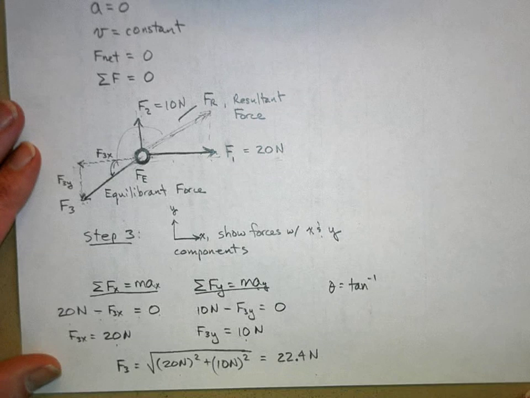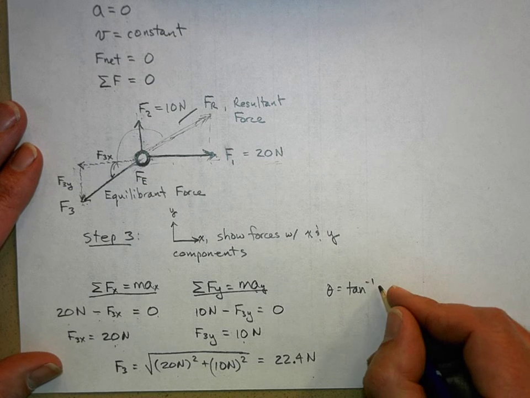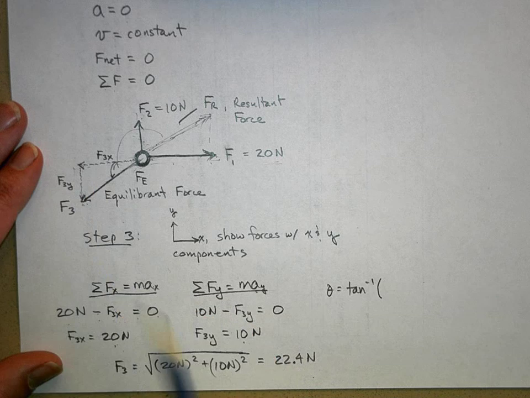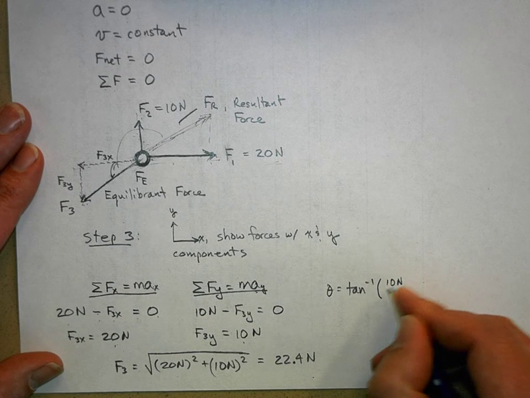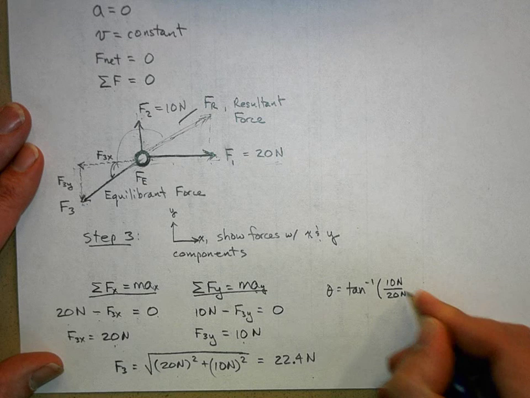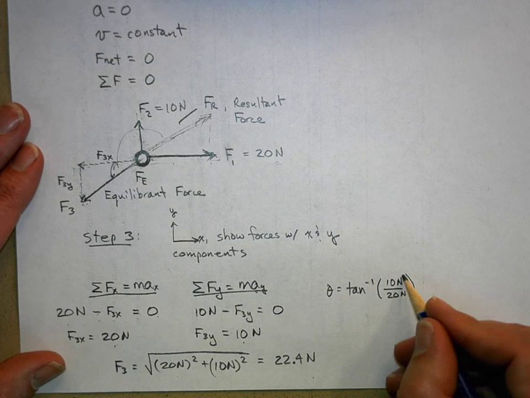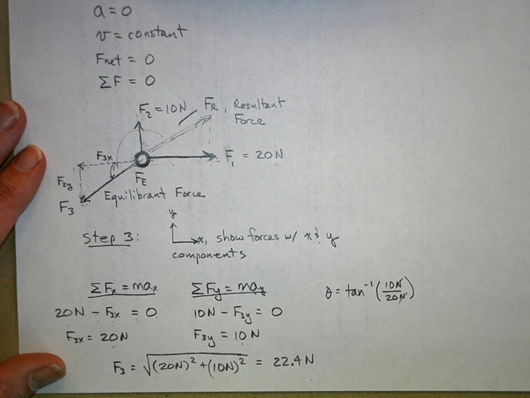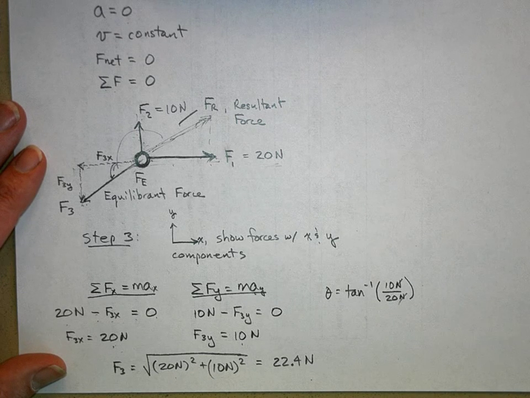Well, it's the inverse tangent of the y over the x. Now the y value is, what was it, 10 newtons, over the x value, 20 newtons. Newtons cancel, of course. And so the inverse tangent of 10 divided by 20, or 1/2,